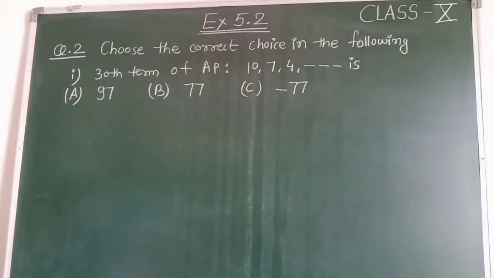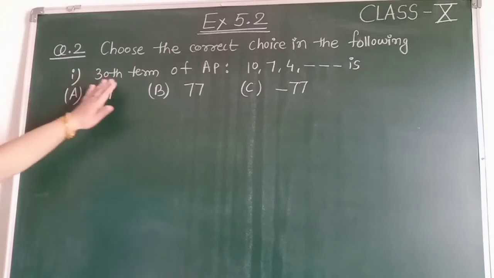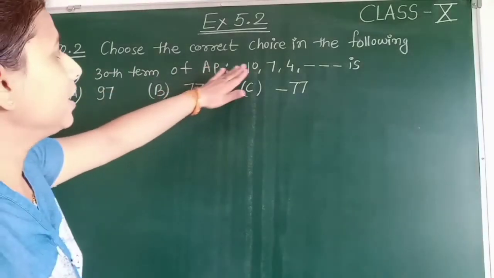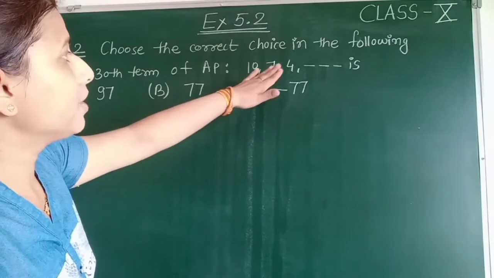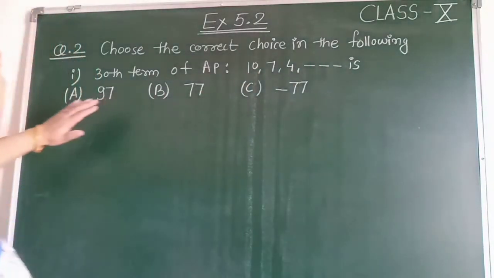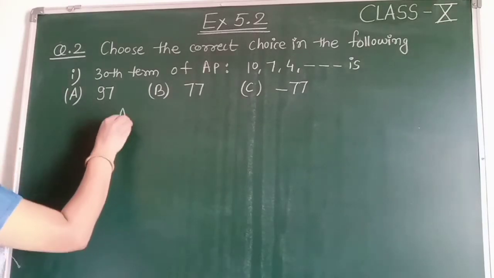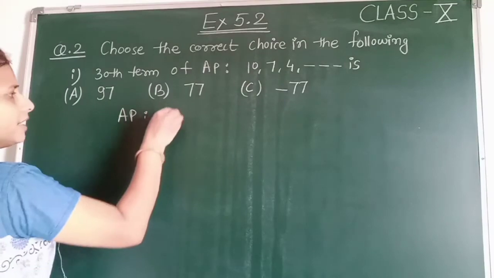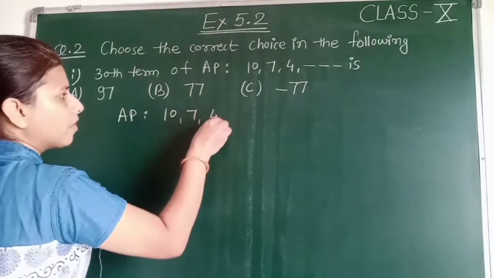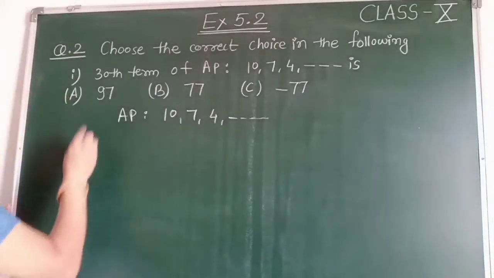Question number 2 of exercise 5.2 is, choose the correct choice in the following. The first part is: the 30th term of the AP 10, 7, 4 and so on is, and the options are 97, 77 and minus 77. Student, here the AP is given as 10, 7, 4 and so on, and we have to find